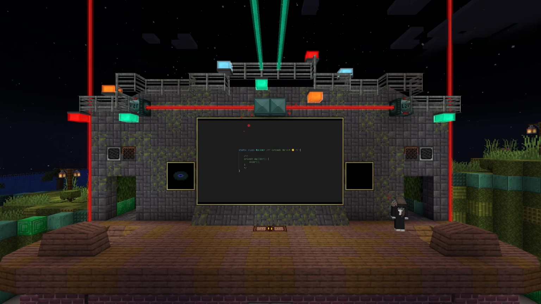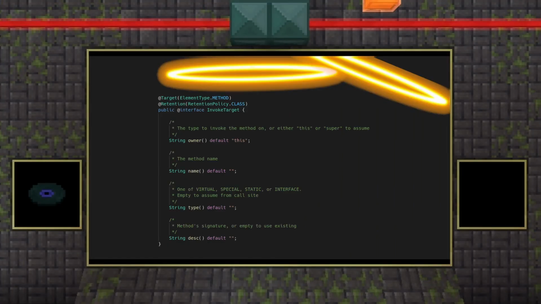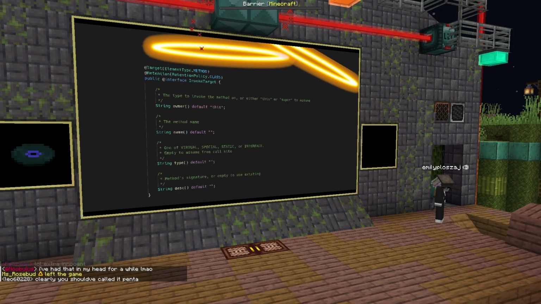This is a problem, though. The Java compiler doesn't let you call init wherever you want, and this is not a constructor at compile time, so I can't just add super. We will have to add my second biggest trick. Add invoke target. The way this functions is pretty simple. I write a method in my Mixin and annotate it with @invoke target. The annotation defines what method I want to actually invoke. In this case, object.init.